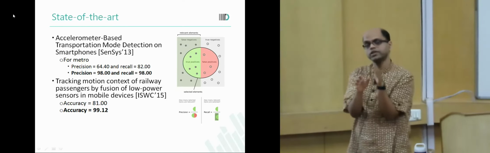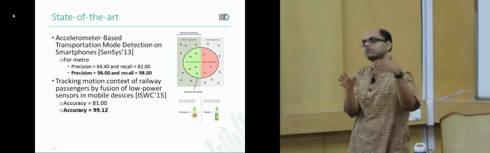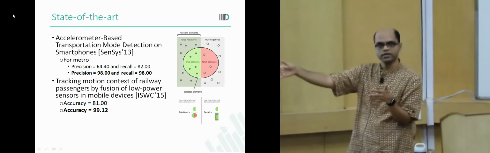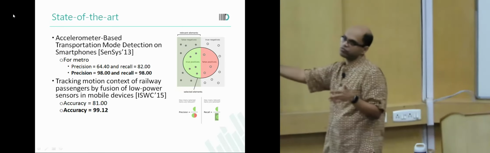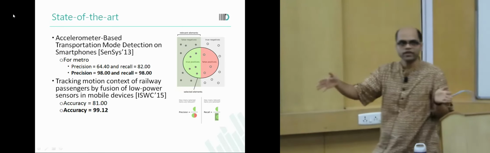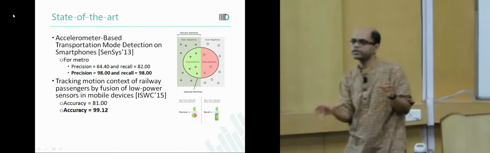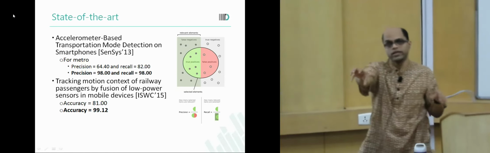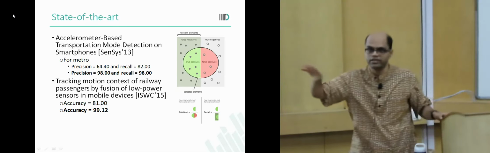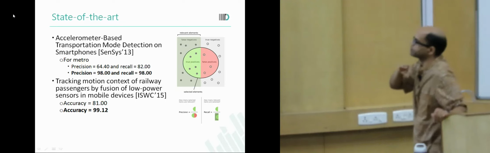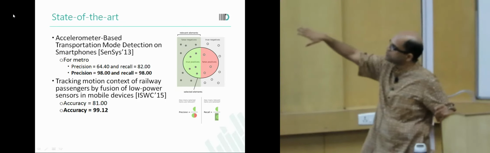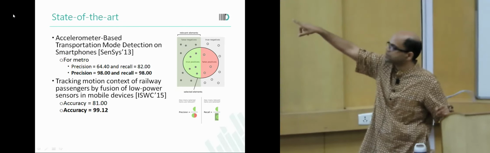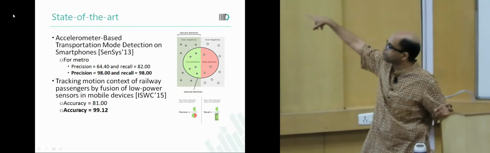What they did is they want to classify whether I'm walking, riding a bicycle, or going in a vehicle like a car or taking a metro, and identify that. It's not about these small micro activities that you perform while waiting for the train. But yes, they have one activity which is traveling in the train in a developed country. So the precision and recall that they saw there among their classification is that, and what we saw